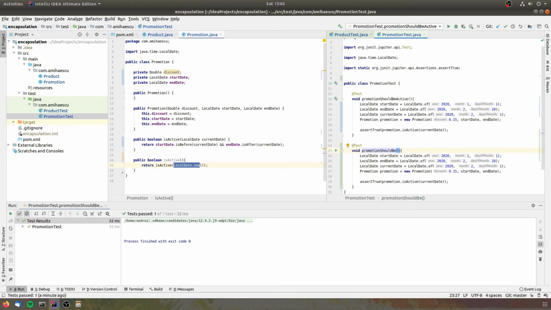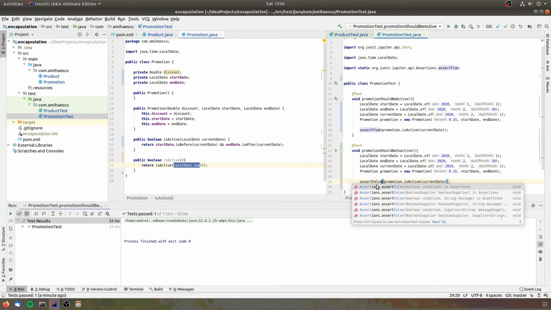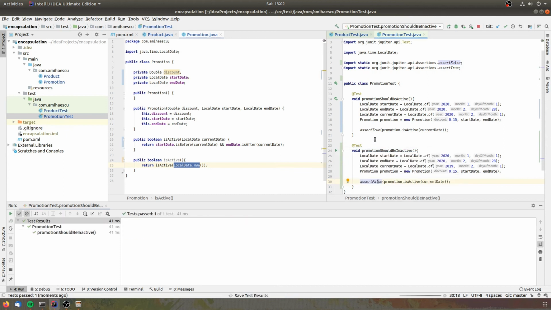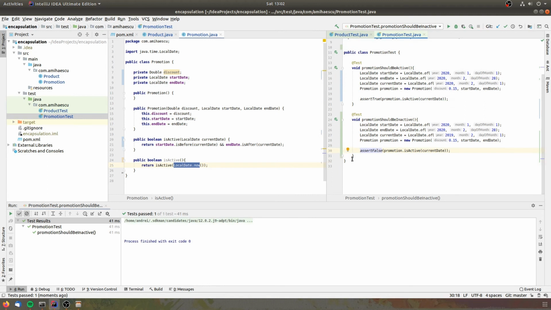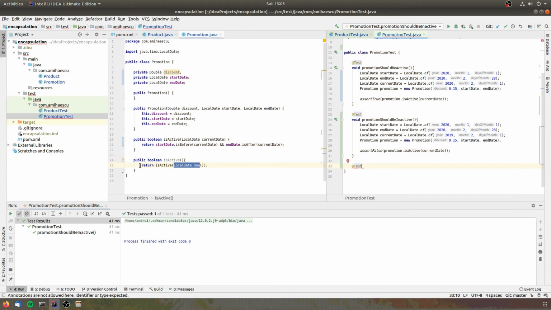So promotion should be inactive, and let's say that we are currently in 2019, and assert this is false. All right, cool. So one test we might actually want to write is for